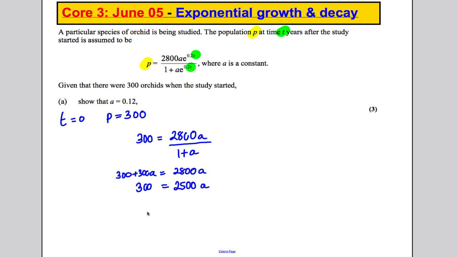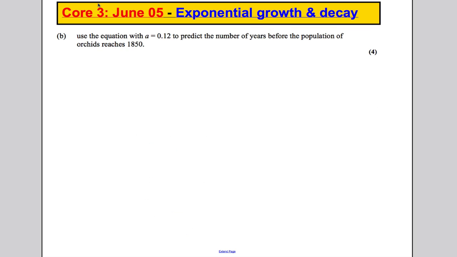And dividing both sides by 2,500, 300 divided by 2,500 would equal A. Tap that in your calculator and you get, as required, A is equal to 0.12. And we've got those easy 3 marks. Next part. Use the equation with A equal to this to predict the number of years before the population